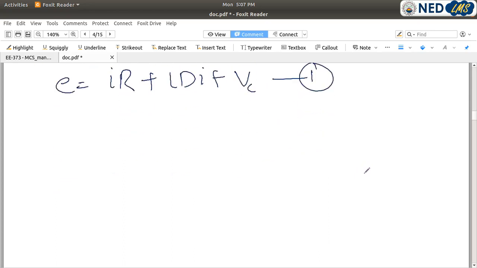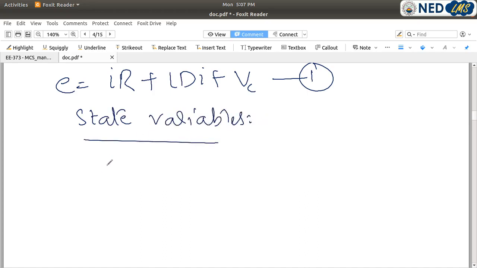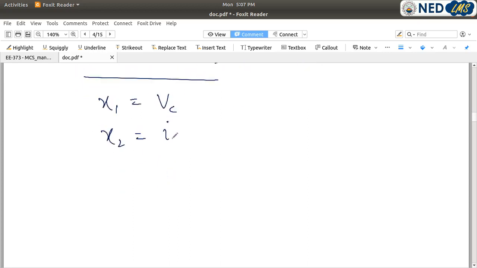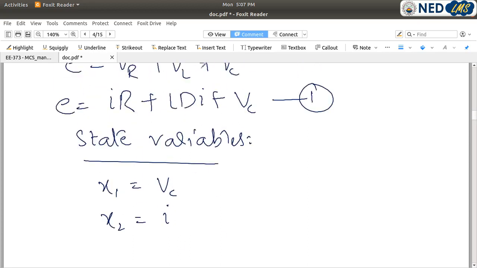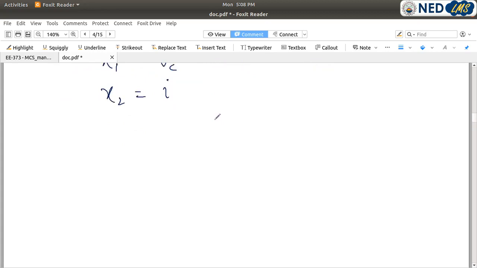Assuming state variables, we have studied in theory lectures how to choose state variables for an electrical network. So the state variables are x1 equals Vc and x2 equals I. Putting these substitutions in equation 1,